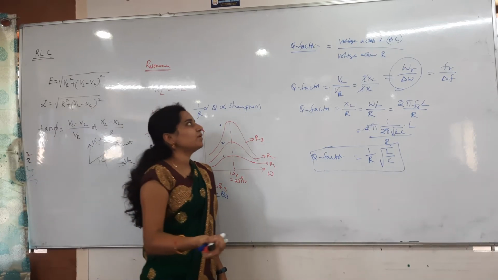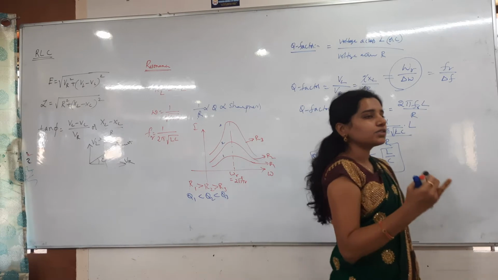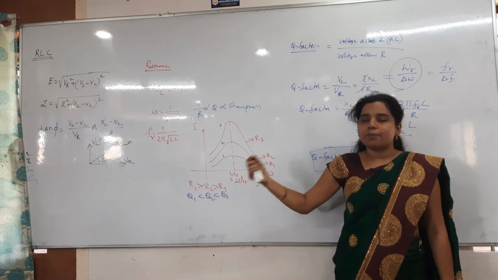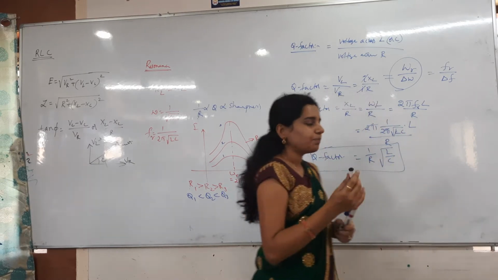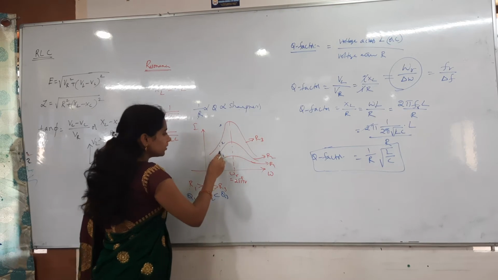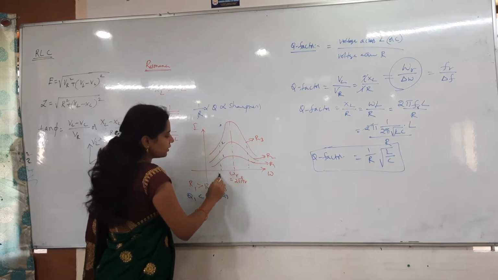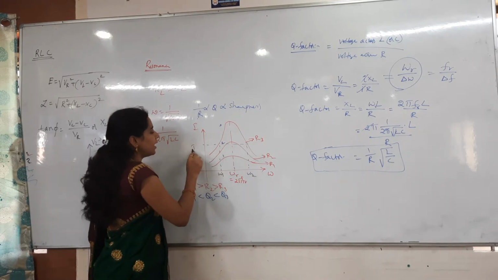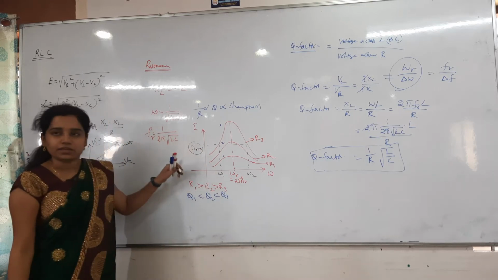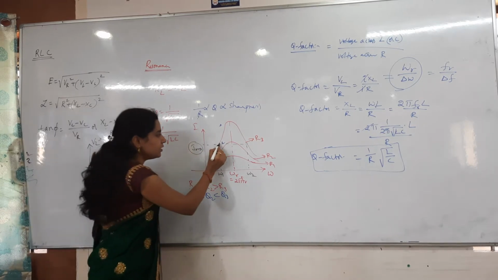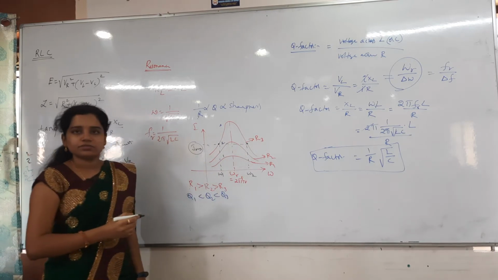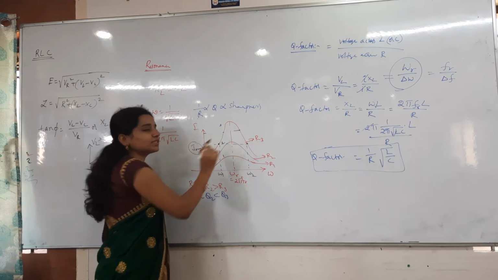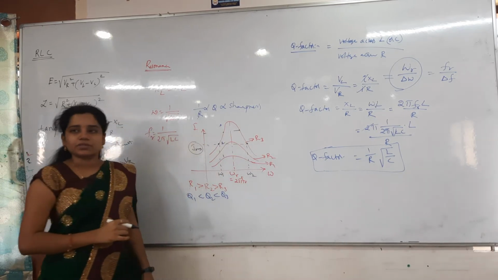And one more formula for the Q factor is the ratio of the resonance frequency to the bandwidth frequency. Resonance frequency we already got. Bandwidth frequency we will discuss in more depth in the power concept. So here two frequencies will come. Let me take them as omega 1 and omega 2, where we will get the current equal to IRMS. Whenever you see this point and this point, they have the same current, and even this point and this point have the same current, but it is not equal to IRMS.